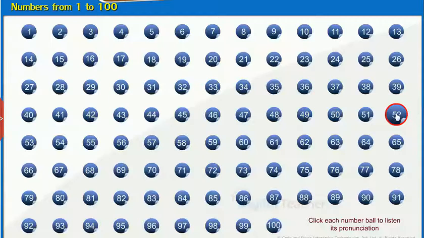51, 52, 53, 54, 55, 56, 57, 58, 59, 60, 61, 62, 63, 64, 65, 66, 67, 68, 69, 70,